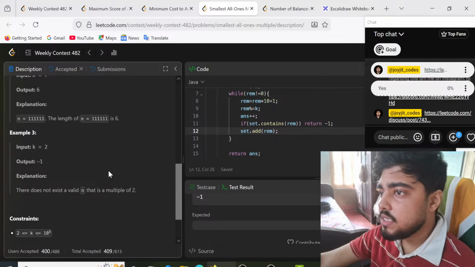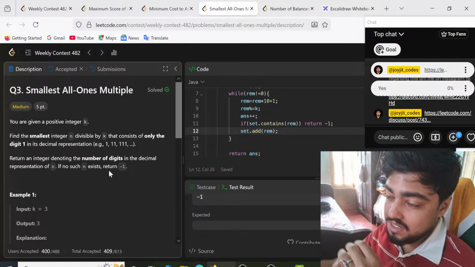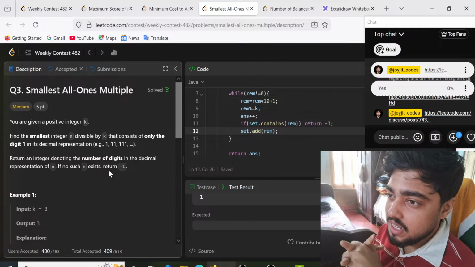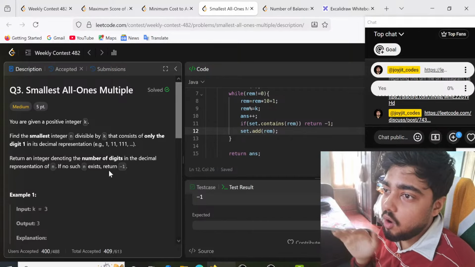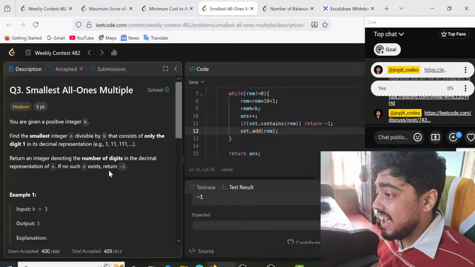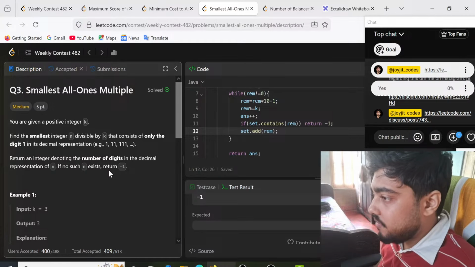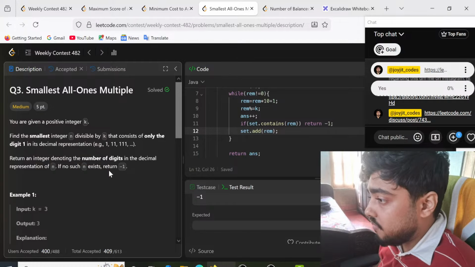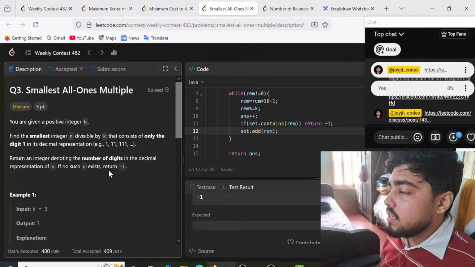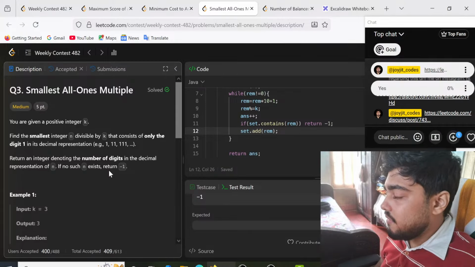Okay, so let's move on to the second last question. The third question was smallest all ones multiple. As such, I think all three of the first questions, except the first one, were quite easy. The second and the third question,